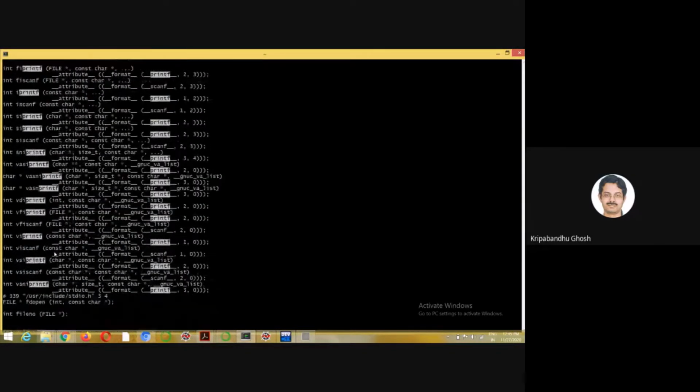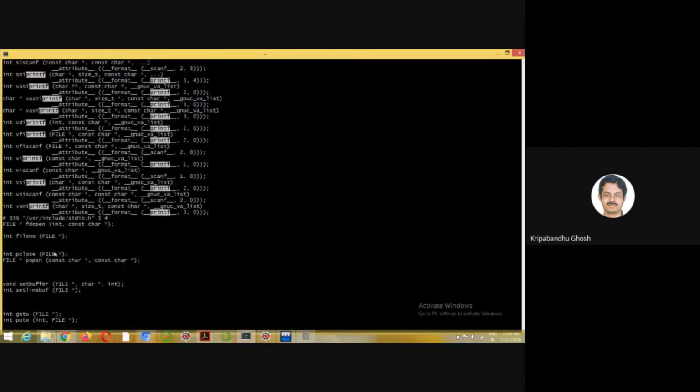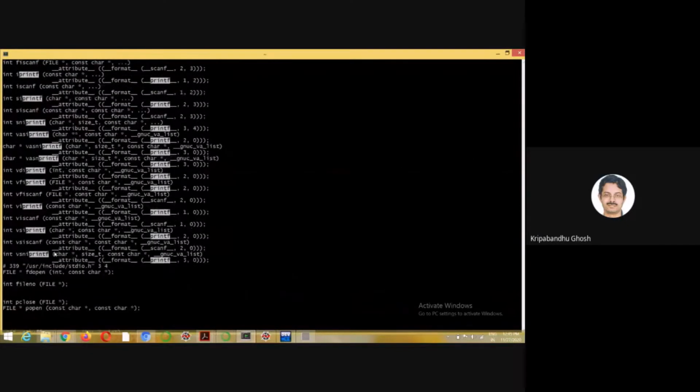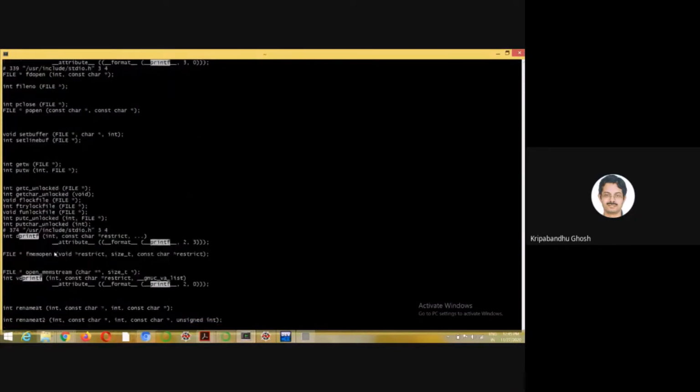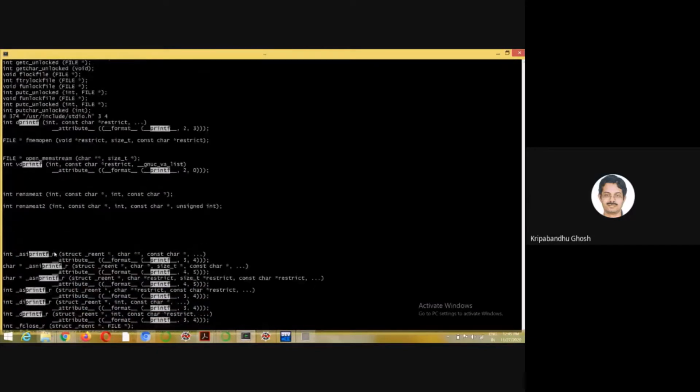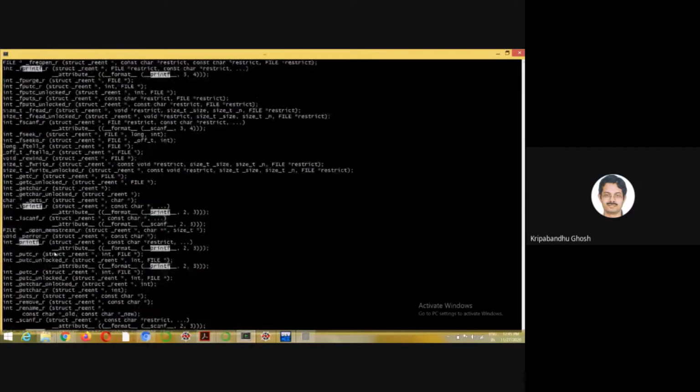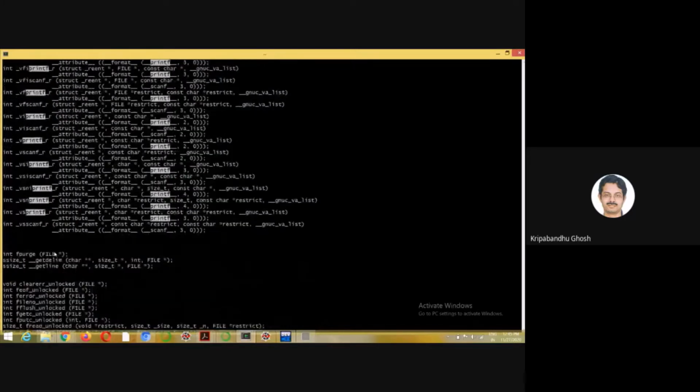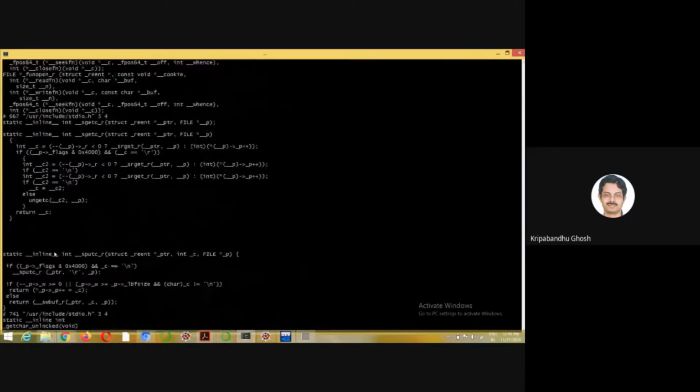So this is like the import function in Python. You can see all the stdio.h functions, like all the file operations and everything, here. It is now a part of the actual code which is going to be compiled.